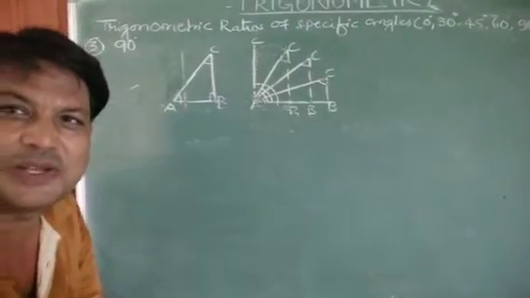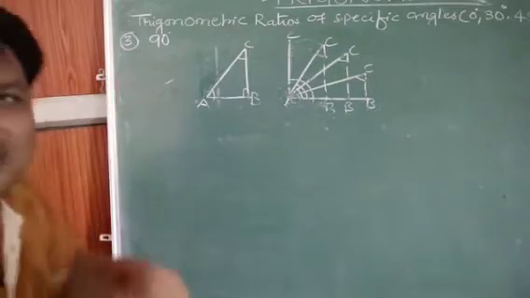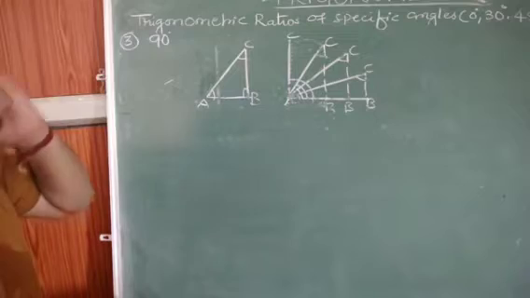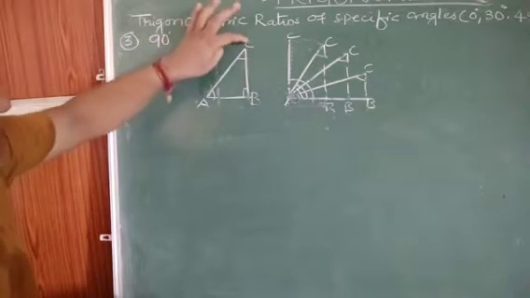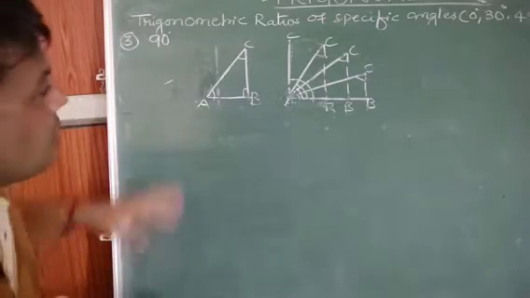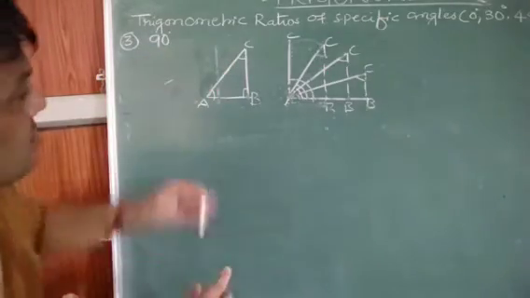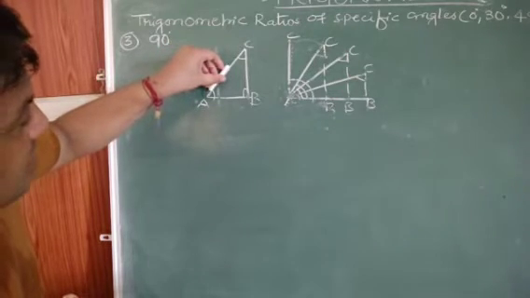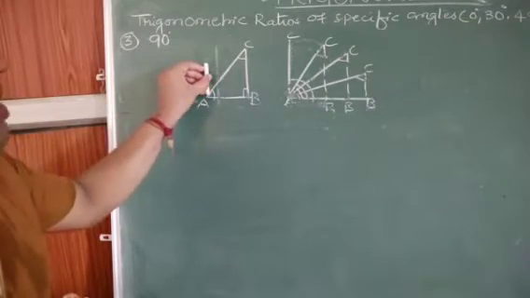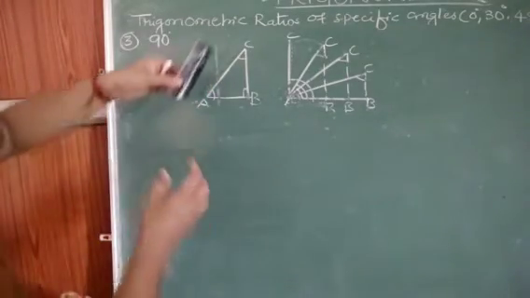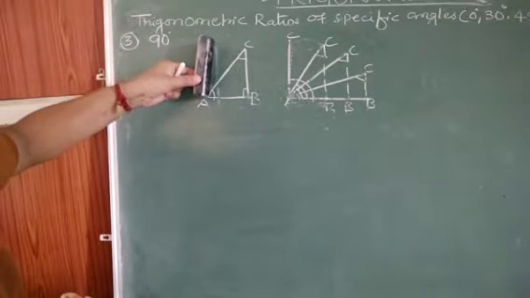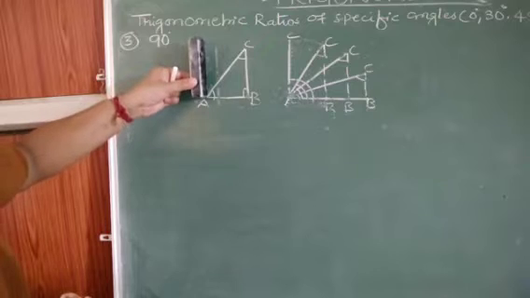Children, now we are going to learn how to find the trigonometric ratios for 90 degree angle. For that I have drawn a right angle triangle ABC, right angle at B. Suppose this is side AC, having some angle. If I rotate the side AC, what happens to angle A? Angle A increases, is it not? This AC side makes some angle. If I rotate, angle A increases, and here angle A becomes 90 degrees.